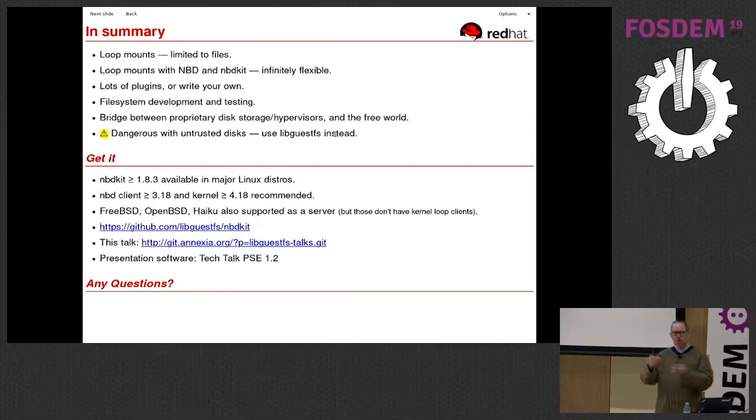However, if you want to reproduce exactly what I've done and all the things I've shown you here, you will need that particular version. It's available in all major distros, so it's in Fedora. Debian testing, so Buster has 1.8.3, I believe, and SID has 1.10, which is the version that we released a couple of weeks ago. I would also say if you want to do loop mounting, you should have NBD client